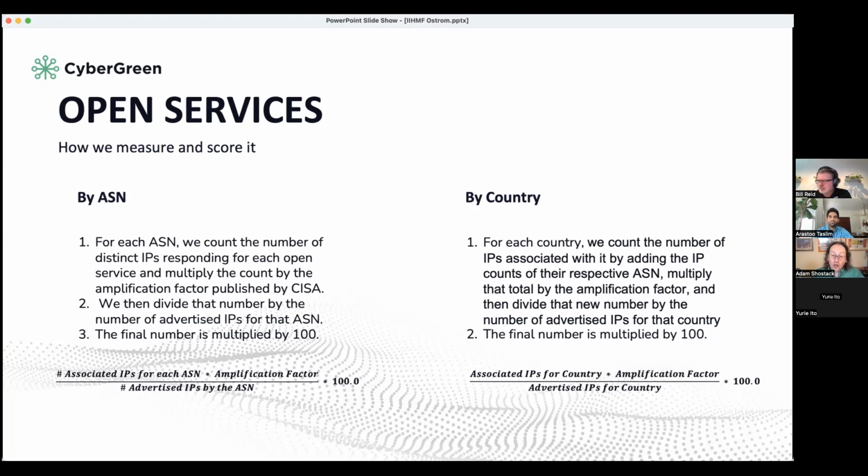And so we're looking at primarily a score relative to the size of the entity. Right, that's the advertised IP denominators in each of these equations. Because the absolute numbers are interesting, but the absolute numbers are also going to be fairly highly correlated with the size of the network. And so they are less, I don't want to say they're less interesting, but they might be less illustrative. They're just going to tell us how many IPs exist at some level, not entirely, but